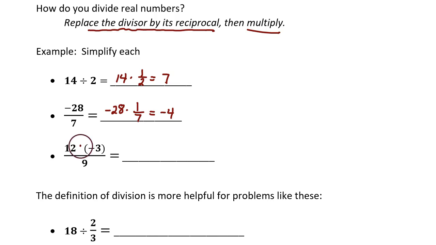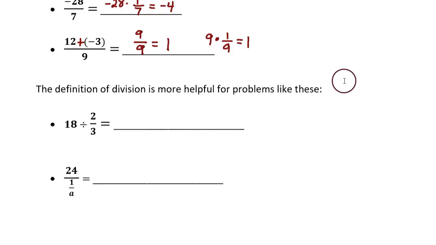In the next example, I'm going to put a plus sign in right there. For some reason, it's missing in the video. 12 plus -3 makes 9, divided by 9. And that's 1. With the definition, this is 9 times the reciprocal of 9. 1/9 of 9 is 1. Maybe you're wondering why we need the definition of division with such easy math problems. And the answer is you don't. If you know a fast way to get the answer, use it. But the definition of division is definitely helpful for some dividing